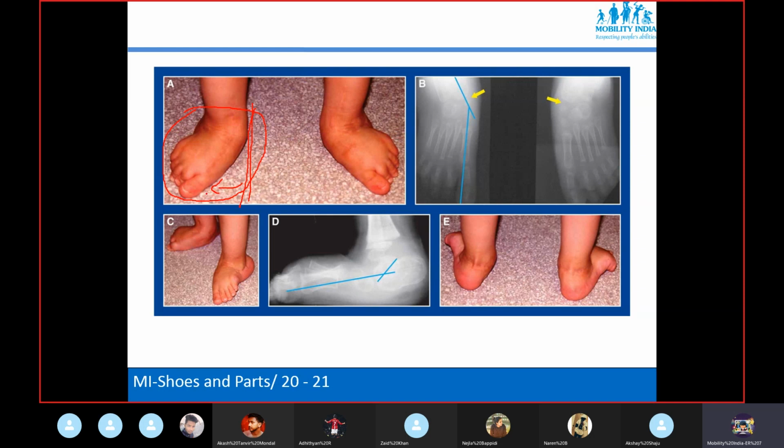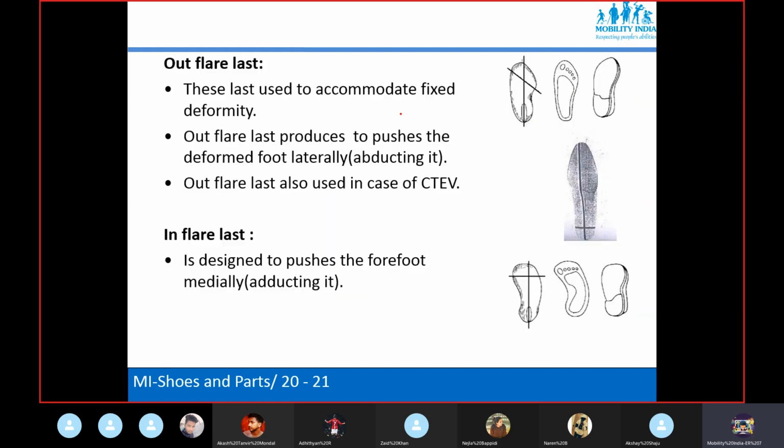So if this deformity is fixed, we need an out flare. You can see the foot is going outside, so we need an out flare shoe last in this case, that is, in case of fixed deformity.